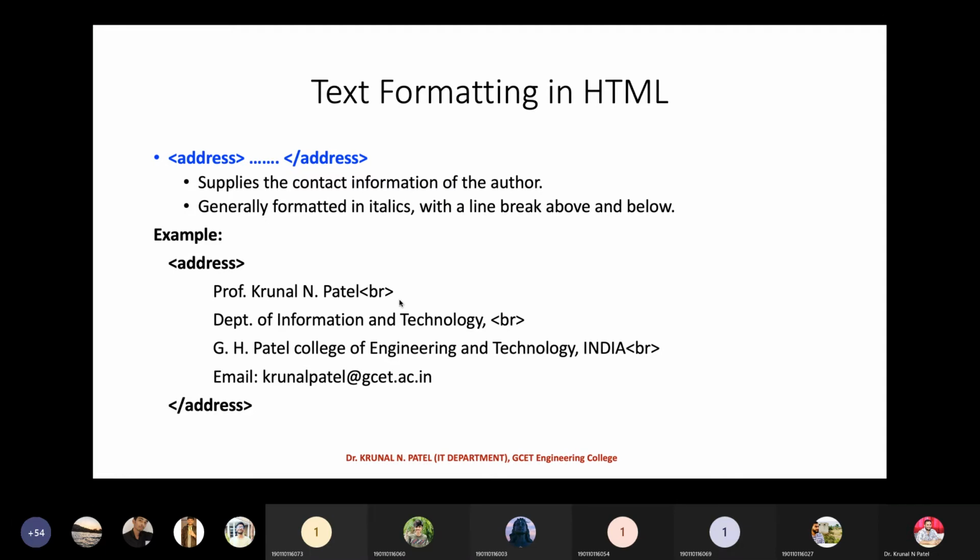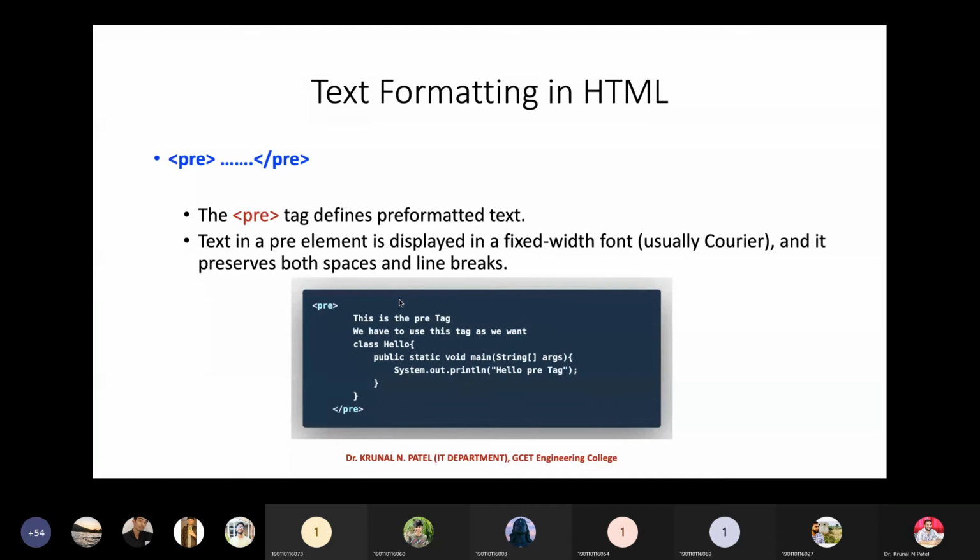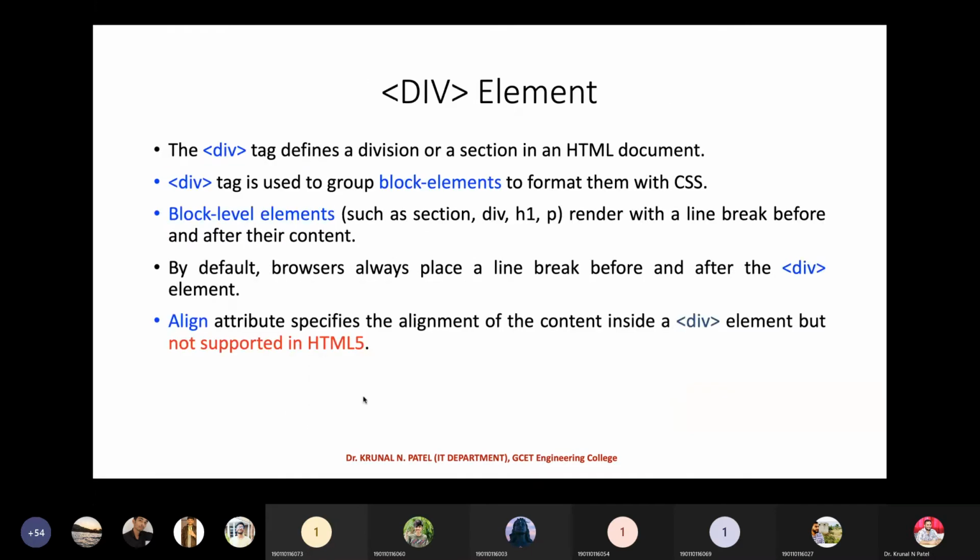If you want to print a new line, just go for the BR tag. After that, we have also discussed these tags in our laboratory session: bold, italic, citation, subscript and superscript. The pre tag we have also discussed. If you want to put something like a code snippet, here I have put one example, so that if you want to print Java code, you just go for this predefined tag.